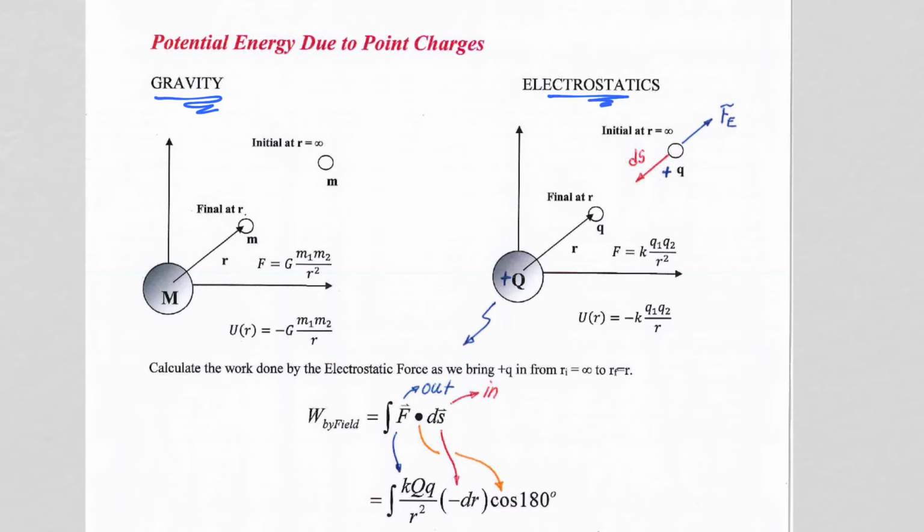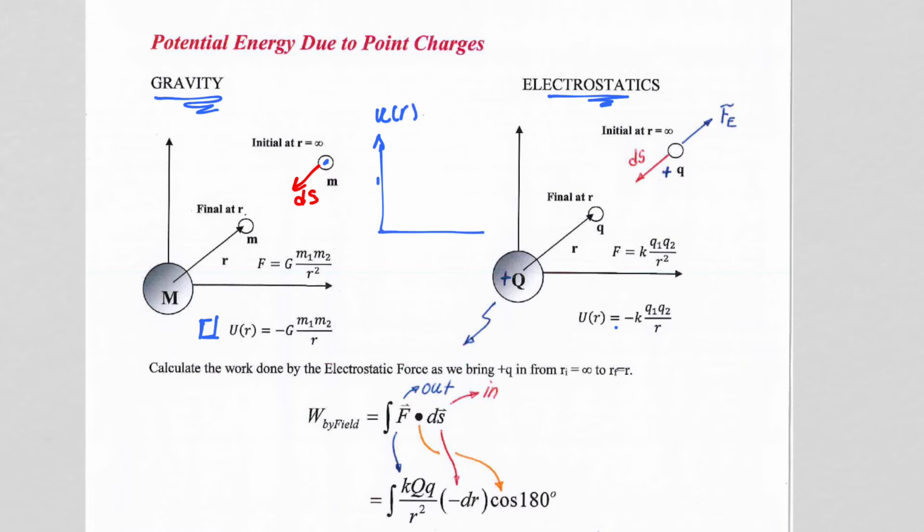And to just remind you what we did back in mechanics with universal gravitation, we took a particle m off at infinity and we pulled it in. So we brought it in a displacement ds, and we calculated the work done, and then set delta U equals negative the work done by the field. I'll go through the mathematical structure in detail for the electrostatics case, but to remind you of our result, because we're going to get this same structure in our result, our potential energy function, if you recall,